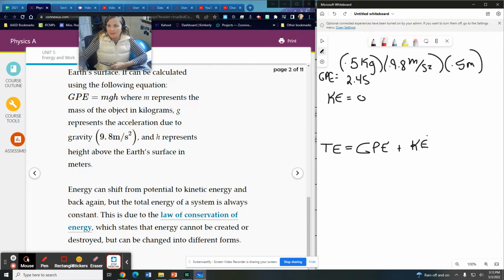So we end up with meters squared. Oh, take that back. Forgot my kilogram. So kilogram meter per second squared. And I'm just going to put times meters because this is going to make it a little